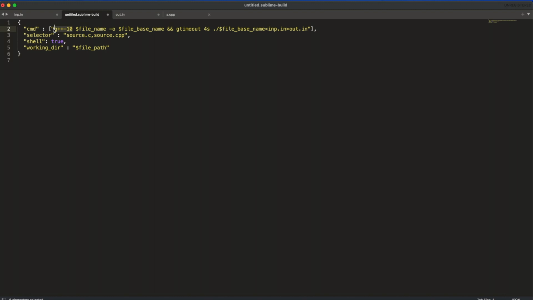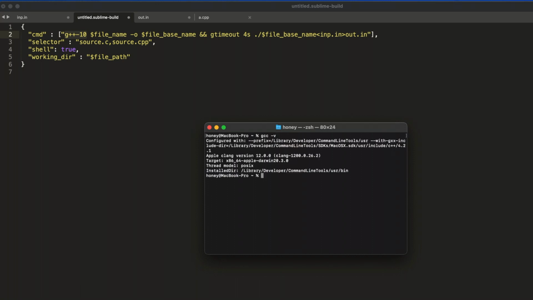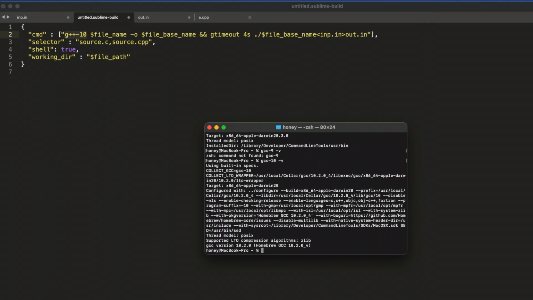There's one more thing here, that g++-10, right? Open your terminal and check for the GCC version. Here you will be shown the old Clang version. I already have my GCC installed here. So what I'll do is GCC 9, let's check this version. Command not found. Let me do GCC 10 version.